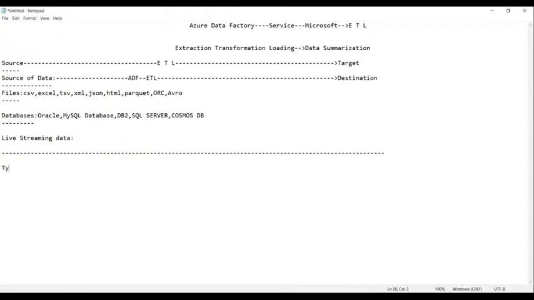Types of data. We know from what sources we get the data, but now let us see what the types of data are. The following are the types which we can find. The first one is called structured data.